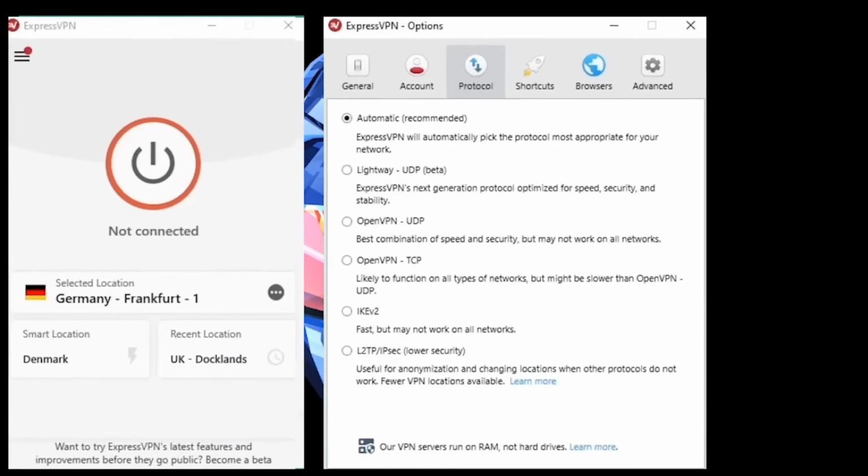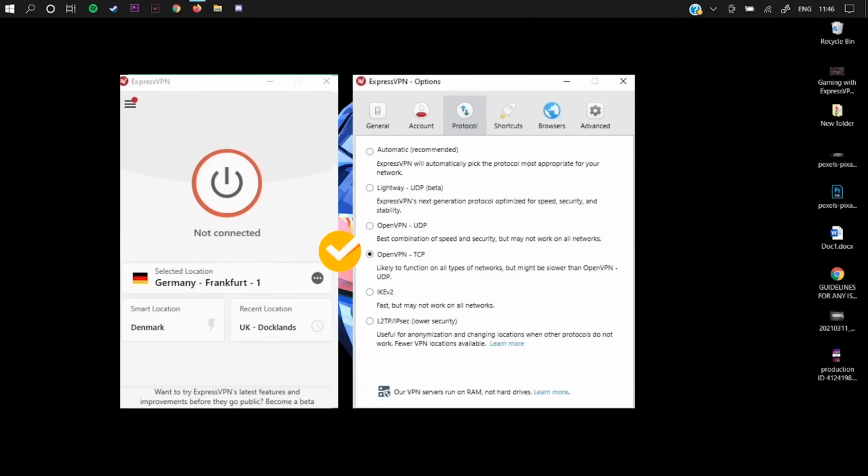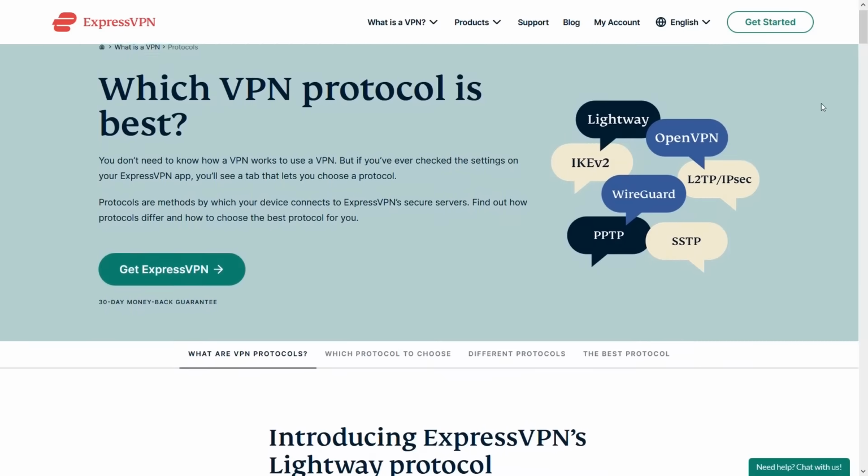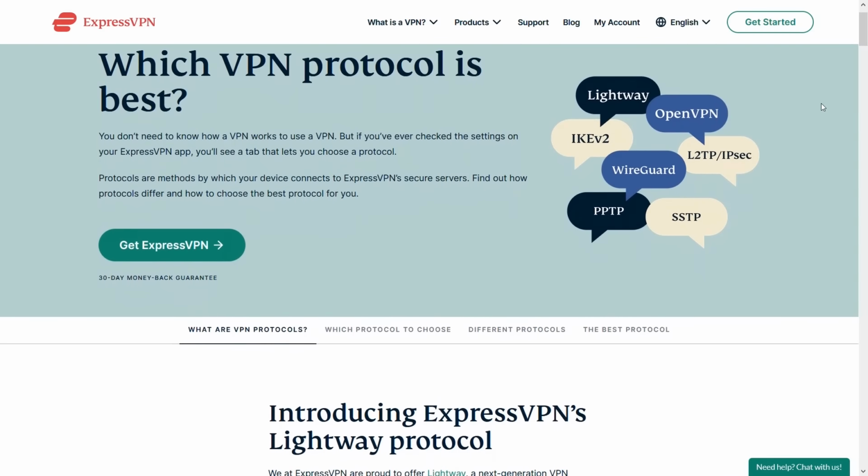L2TP/IPsec. Normally, you'll want to choose between Lightway and OpenVPN. The rest of the protocols are outdated, although they may be better for Windows XP. What I like is that ExpressVPN provides a description of each protocol so that you don't have to memorize the